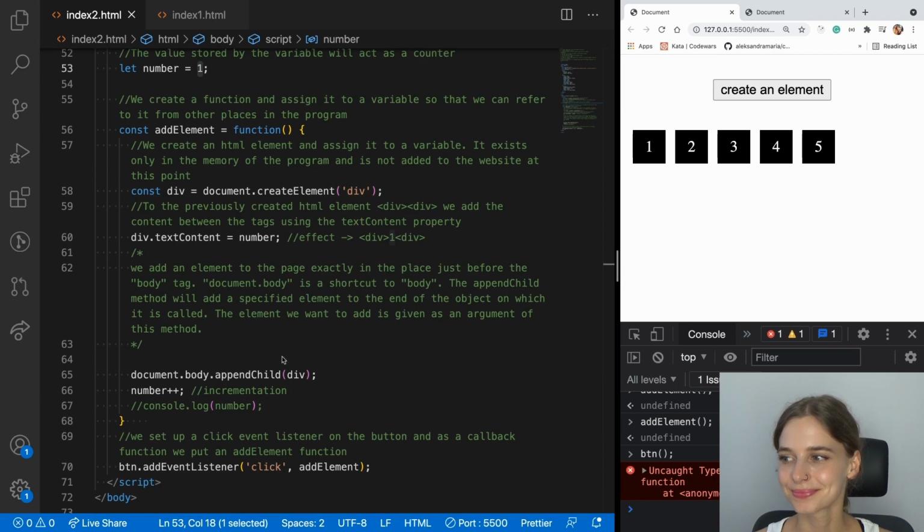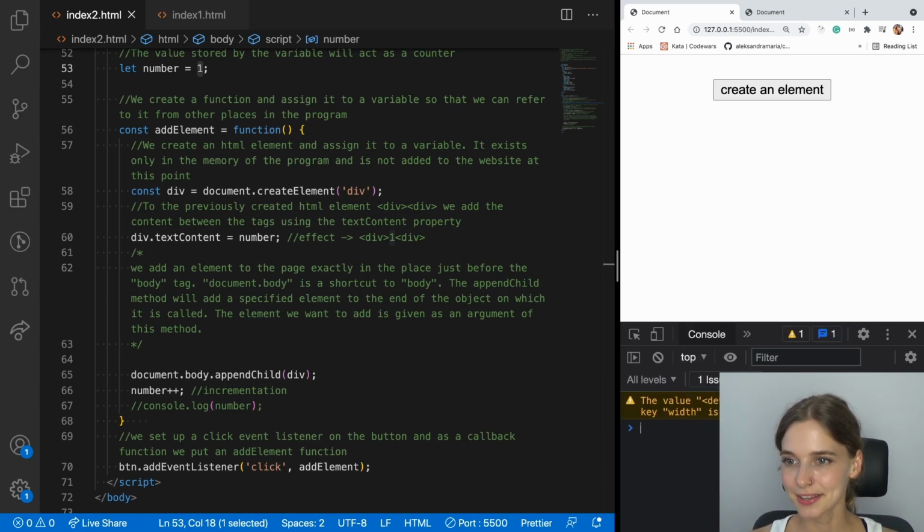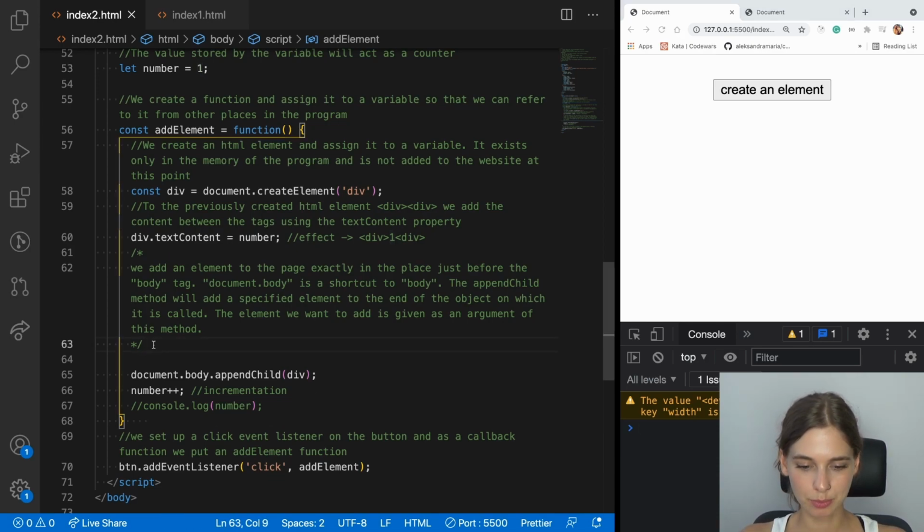We're going to do it using an if statement. You could place it at the end, but to make it more logical, I think this is the best place to